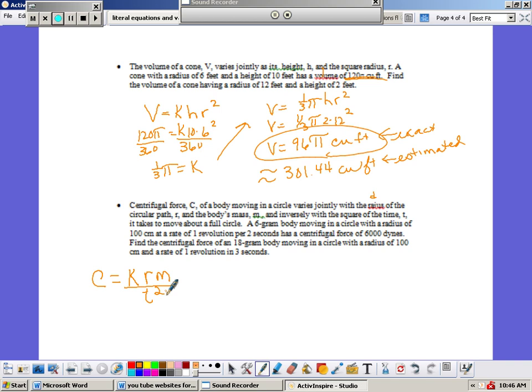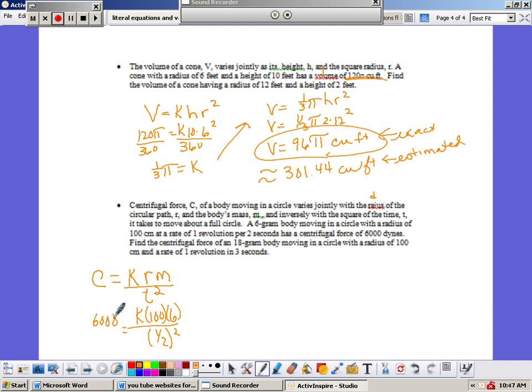A 6-gram body, that's its mass, moving in a circle with the radius of 100, at 1 revolution per 2 seconds, that would be 1/2, and don't forget to square it, is equal to